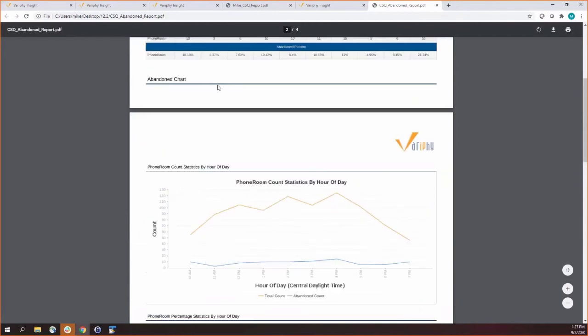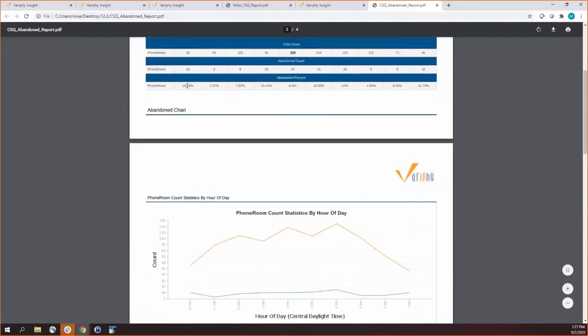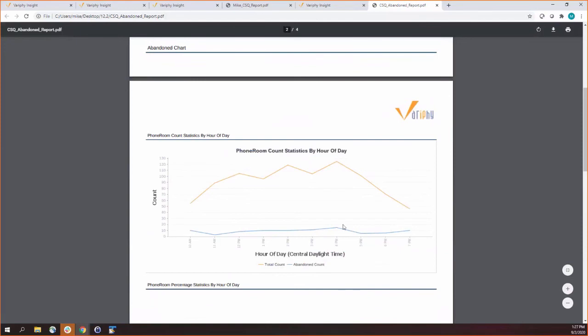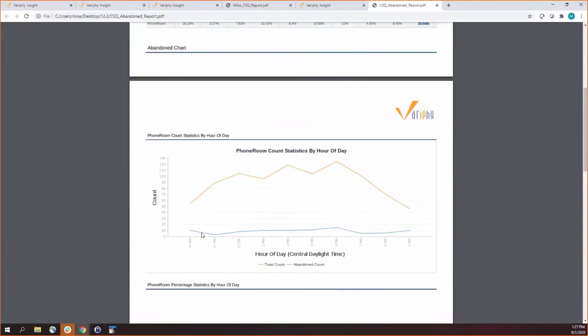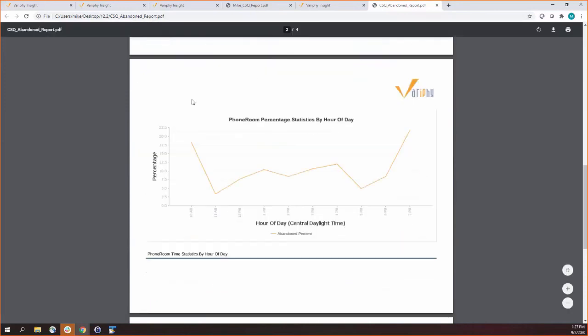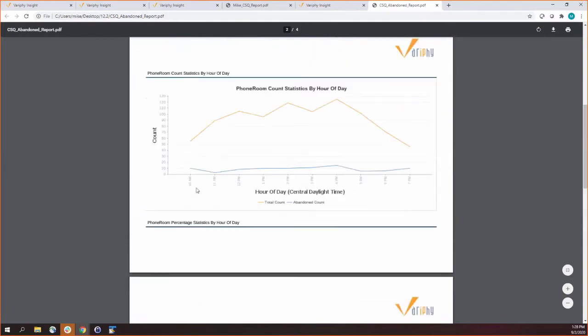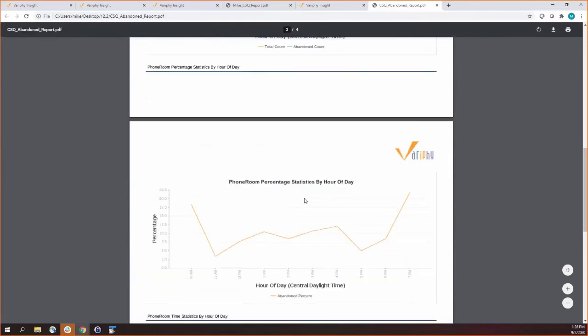So this number here shows you that you have a spike in abandoned calls at 10 o'clock and then a spike at the end of the day as far as the percentage is concerned. But you're also seeing the abandoned calls aren't really increasing, just the percentage of abandoned calls is increasing because you're having fewer calls, maybe in the morning and at night, but you also may have fewer agents staffed at 10 o'clock and at 7 o'clock at night. Here, we're just looking at the abandoned percent, which matches what we're seeing here, where you're seeing the spike in the abandoned here and also a spike at the